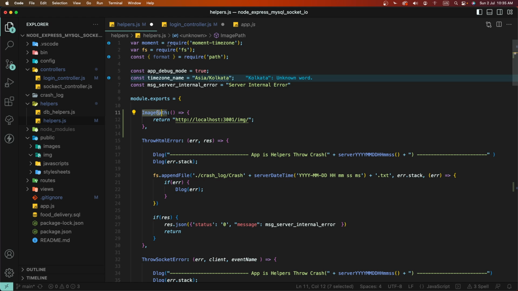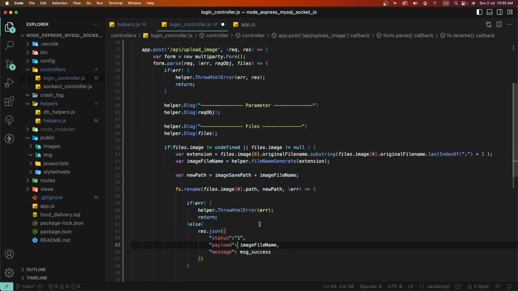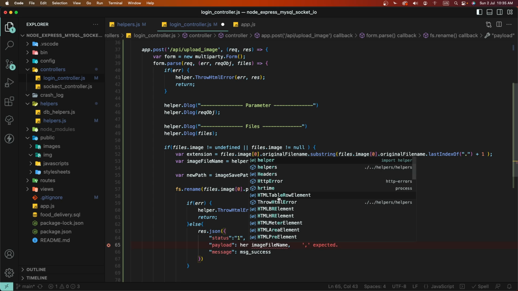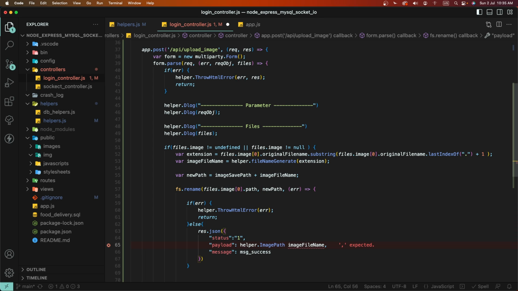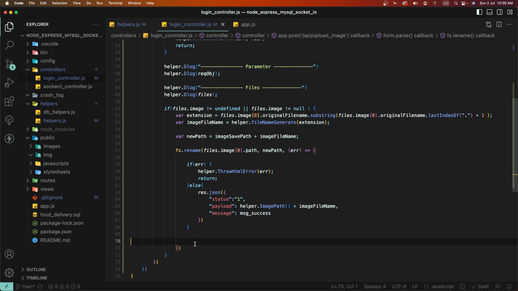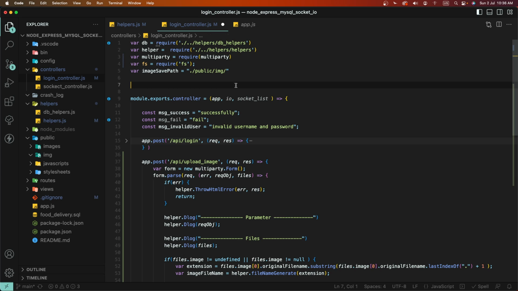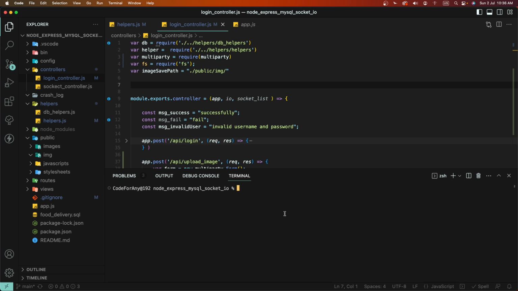Now we need to use this image, and we need to concat this here, or write down here the helper, and use these functions, and to concat this, save this here, and we to save image in the inside the img folder. Now need to run this node on this, run Node.js,